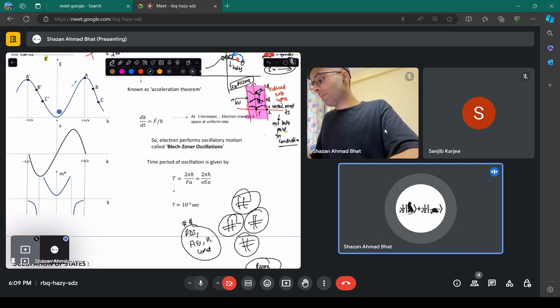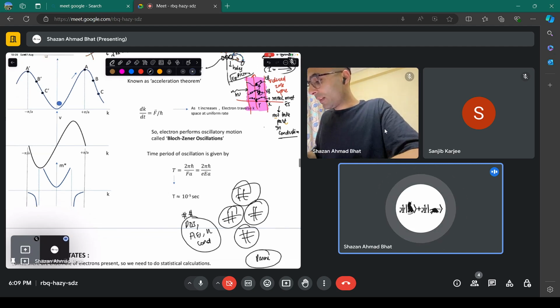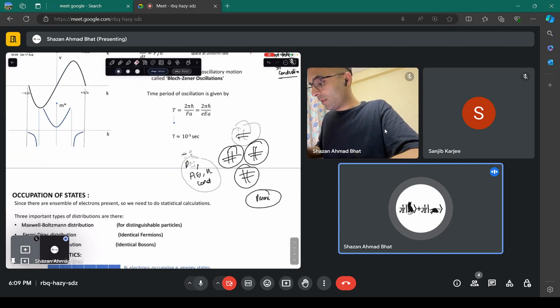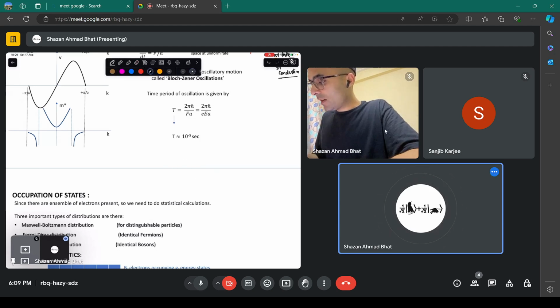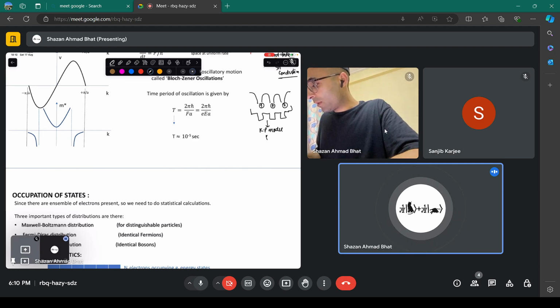So that is what we developed from the basic solving of the Kronig-Penney model. We went into the band structure, and we went into how the electron and hole take place. So we went from this particular thing where we considered the nucleus, the atoms, then we approximated it with this particular well potential. Then we solved something called the Kronig-Penney model, and we used something called Bloch's theorem, which uses the